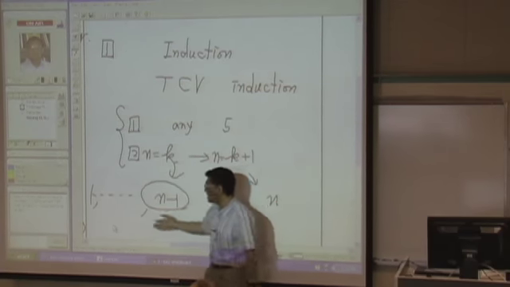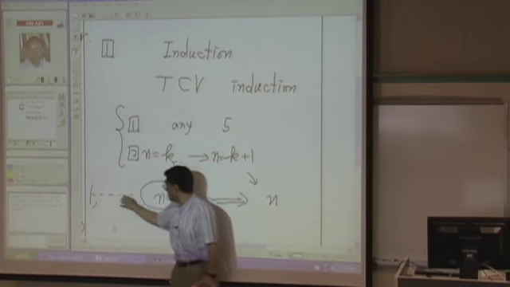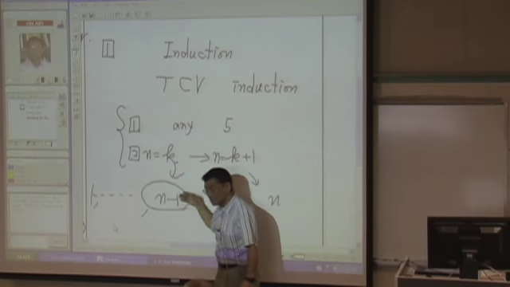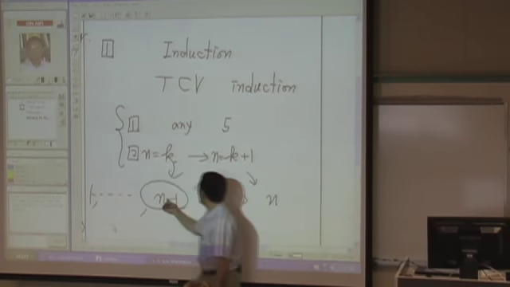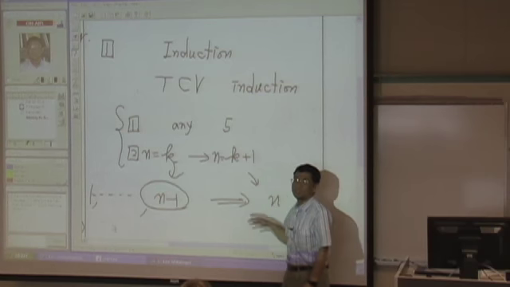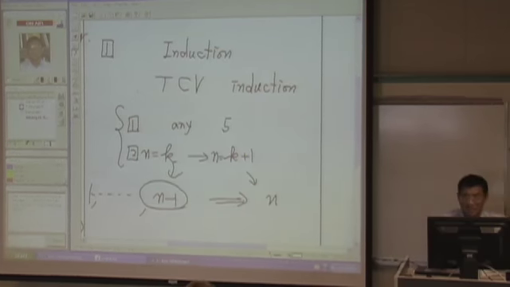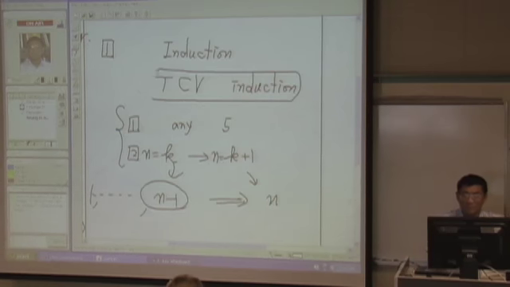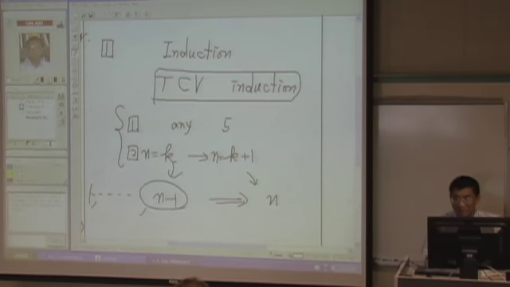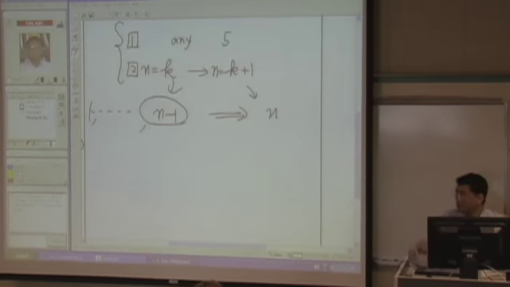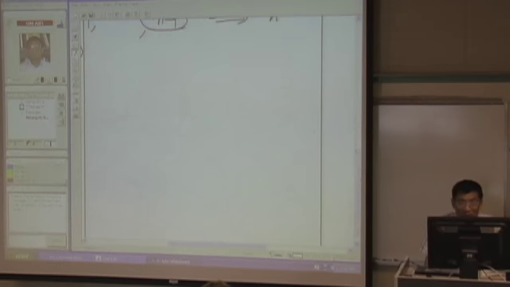But the second induction has more conditions, and with these many conditions, we lead to the result. So essentially the same. As I mentioned before, if you use the course version, you will get full credit. But if you want to learn about the first or second induction in the book, you can read those on your own. The next thing is,